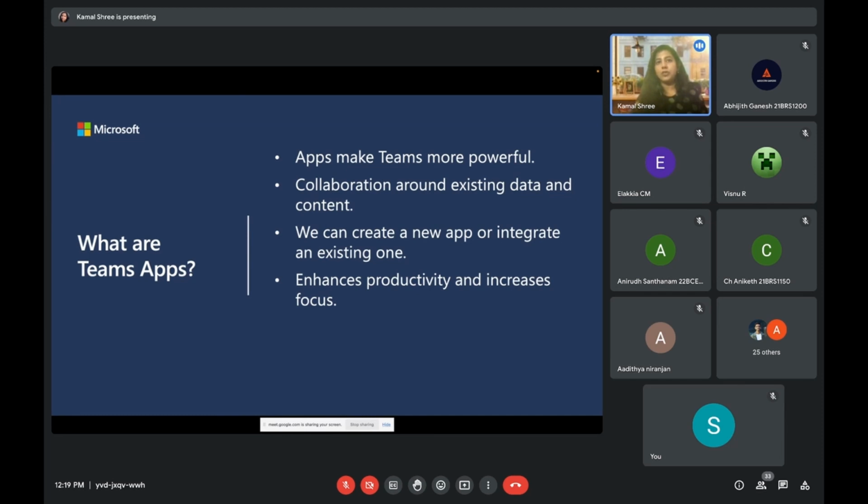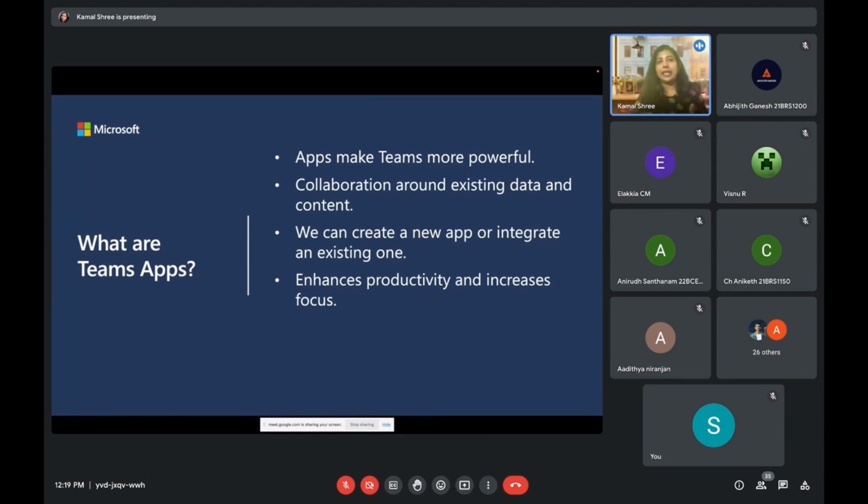But what is the purpose of this app? How am I going to integrate data into it? Because we use Microsoft Teams, right? Whether it could be talking to another friend or checking out attendance, marks, and all. But how am I going to integrate all this data and make sure that I make use of something of it? So that is what Teams apps that I'm talking about.